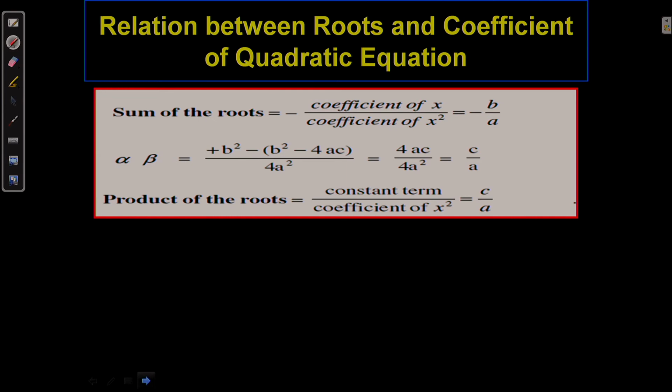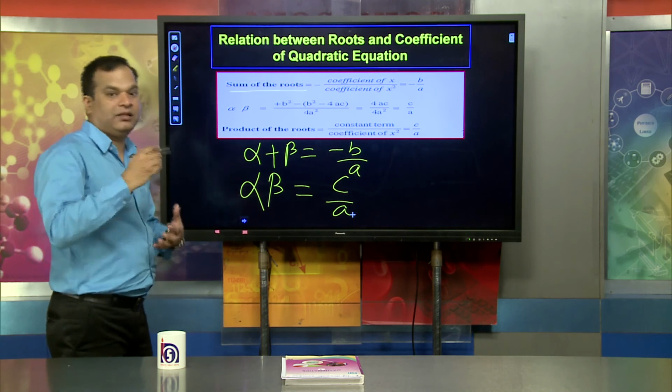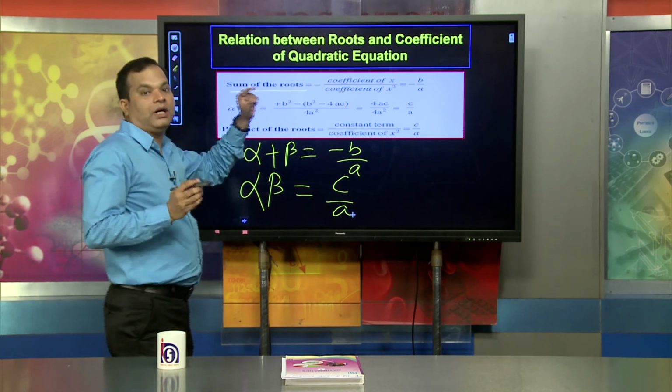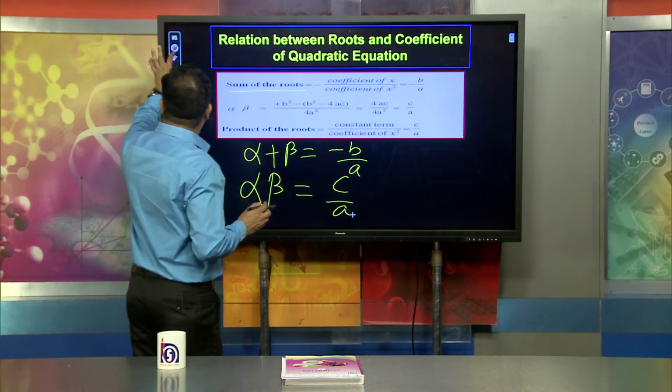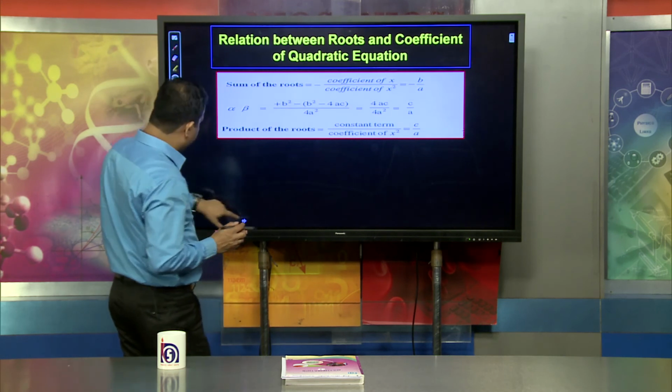The alpha beta, when talking about the sum of the roots, I can say alpha plus beta, the sum of roots, you will find it is minus b by a. When talking about alpha beta, that means the product of roots, there is a formula c by a. By using that formula, we can find out the relationship between the roots of the quadratic equation. Dear learners, we now have to solve another problem that is very important.